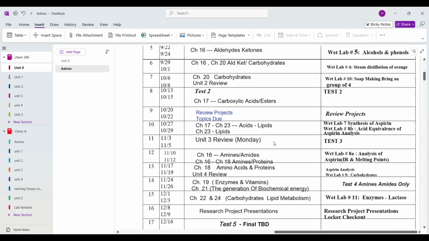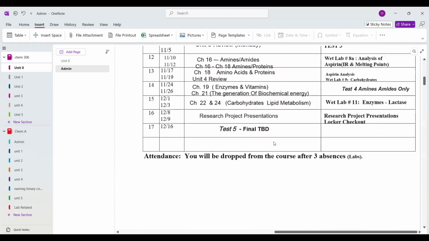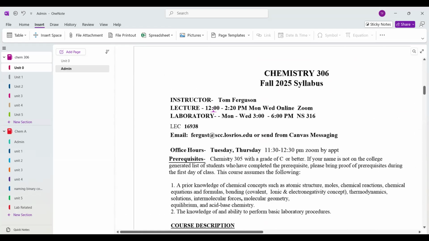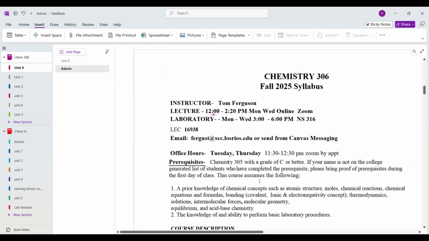Okay, are there any questions about the lab schedule and lecture schedule? Okay, so let's talk about the syllabus now. On the syllabus, it's really, really long. I think it's 9 pages, something crazy like that. Basically, there are two things students want to know on the syllabus: how to get a hold of me and how I grade. Everything else is like boilerplate you can read later.